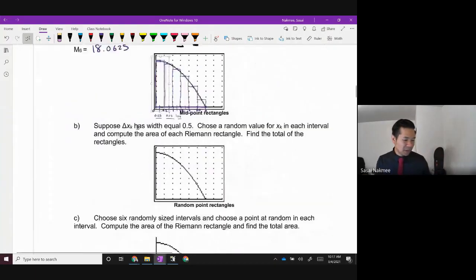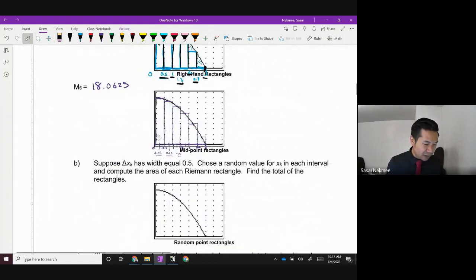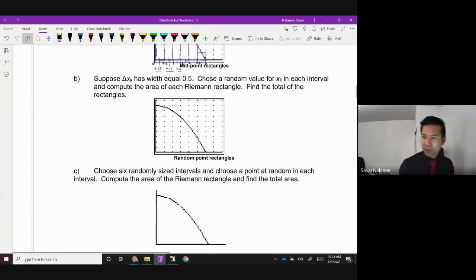Now, what I wanted to show you was this one right here. Riemann sums do not necessarily need to have the same width all the way across. You could pick random widths and you'll still get an approximation, right? So suppose delta x of k has a width equal to 0.5. Choose a random value for x of k in each interval and compute the area of each Riemann sum rectangle. So what I'm saying is if you just pick a random number, give me a random number between